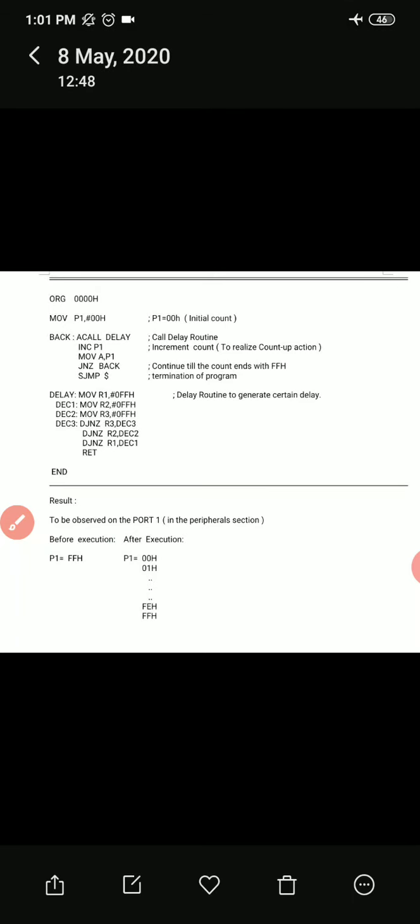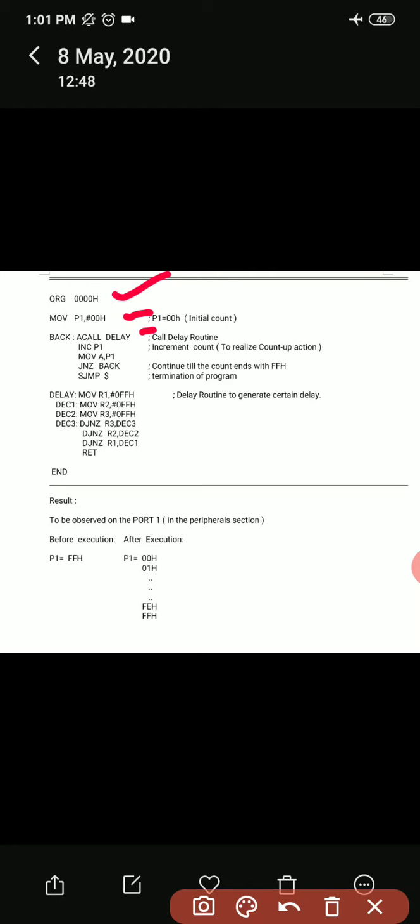Coming to the program, initially the program starts at 0000h. P1 is made equal to the initial count value that has to be loaded in P1. After I display 00 on port 1, I call a delay.